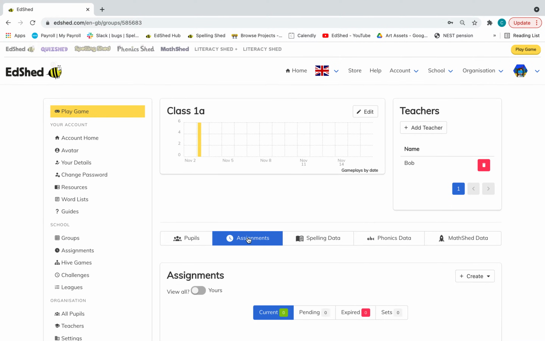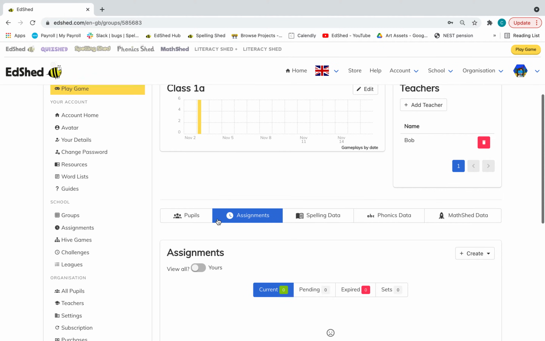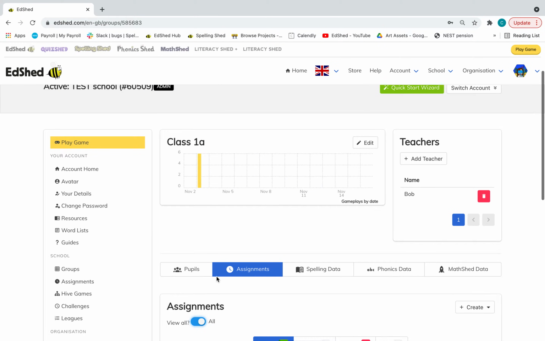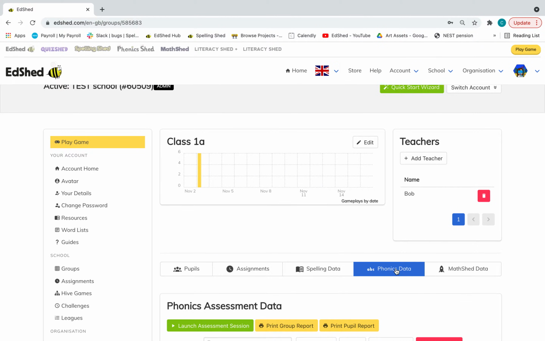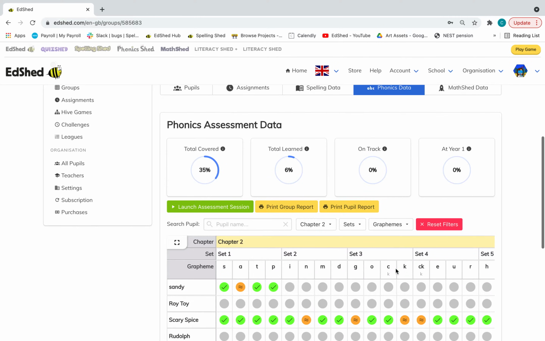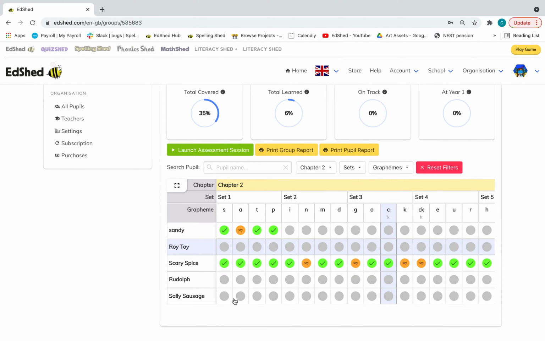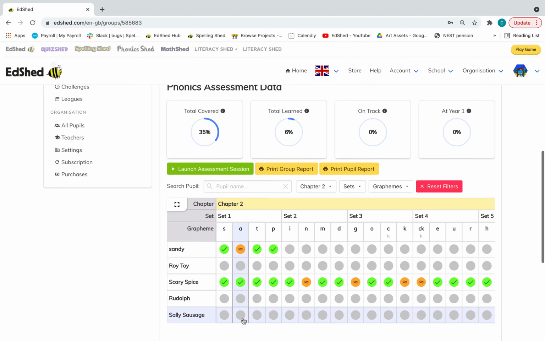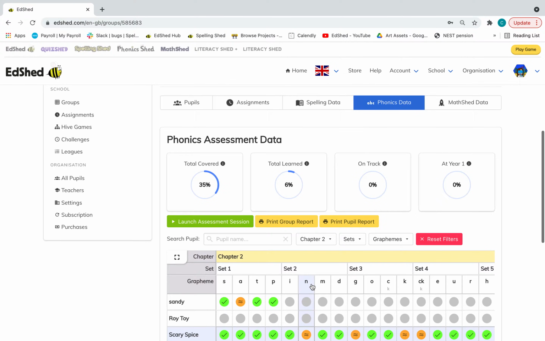Now if I click here, this will show any assignments that the pupils in my group have. They don't have any here at the moment. And if I click in phonics data, this will show any data for this phonics group. So here you can see there's a chapter, there's the different sets, and there are different coloured icons next to the different pupils. Now what I will show you first of all is an assessment session which you can do